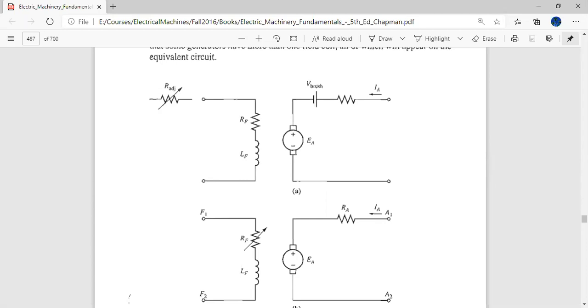Over here, we see that both the armature side and the field side are activated by DC voltages and currents. So we cannot apply that same logic, and we have to keep the two sides separate for analysis, especially in the case of separately excited. In the case of shunt DC machines, the two sides are already lumped together.